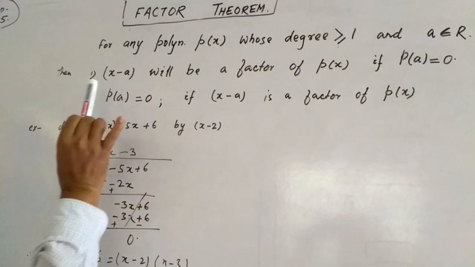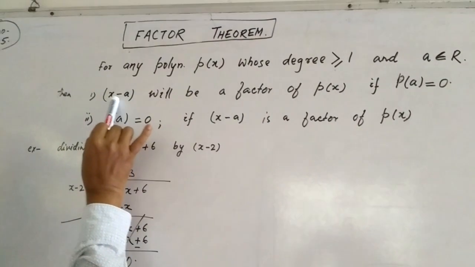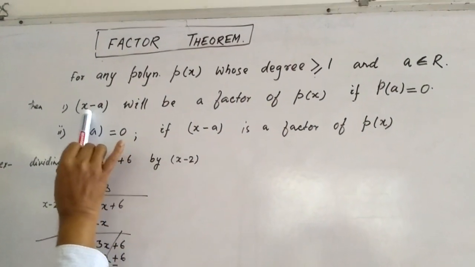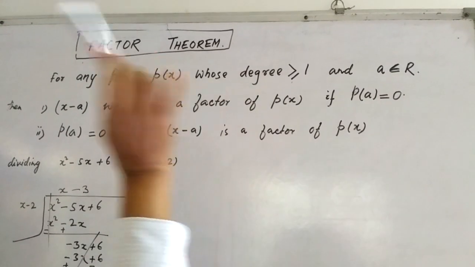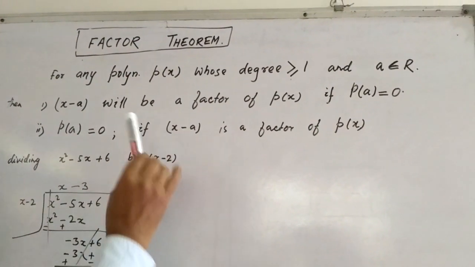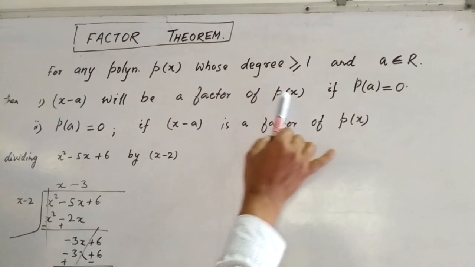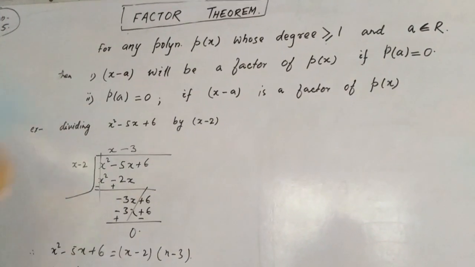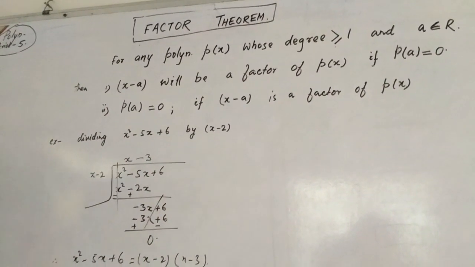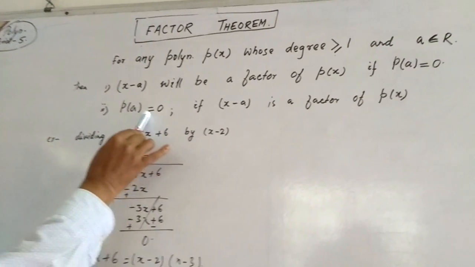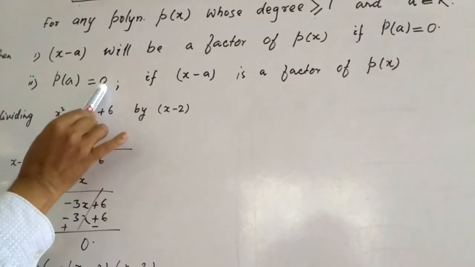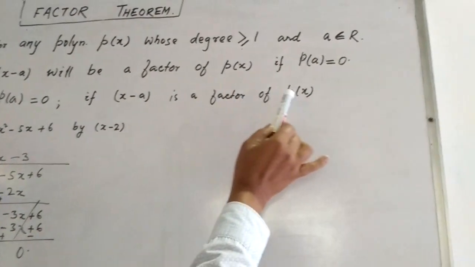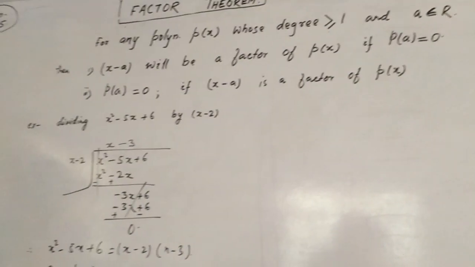If x minus a is a factor of p(x), then x minus a will completely divide p(x). That means if x minus a divides p(x), we will get a remainder 0, when p(a) equals 0, if x minus a is a factor of p(x). For this,